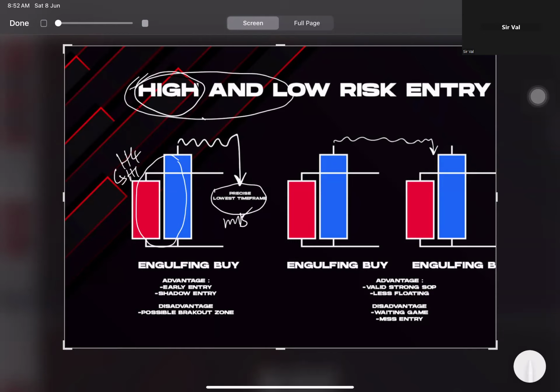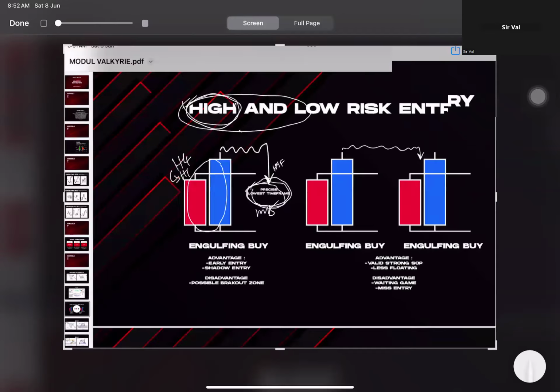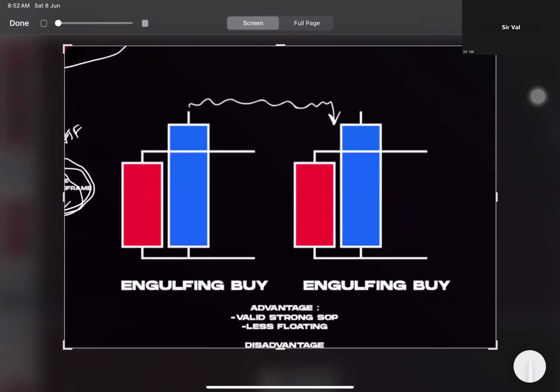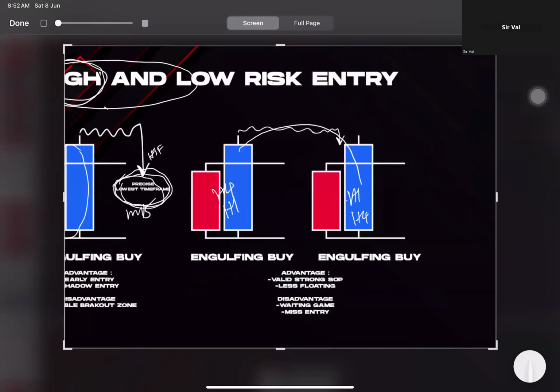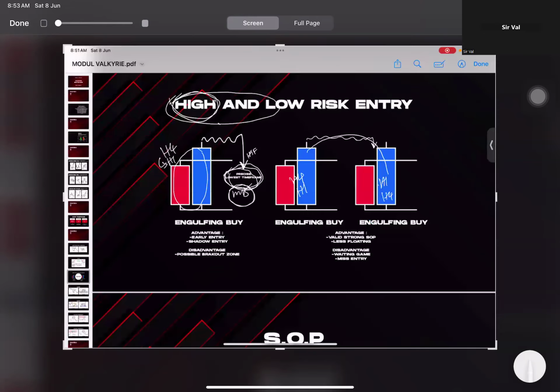So for now, precise to a lower time frame. Is there any higher time frame zone here on CP? If not, you just enter based on the lower time frame. This is very high risk. If you want low risk, for example we have precise from H4 here, then H1. Here I've created H1. H1 is still high risk, but if you want low risk, you can wait for H4. Very, very high risk if you don't have any H1 or H4, just M15, which means just CMP. Okay, clear?